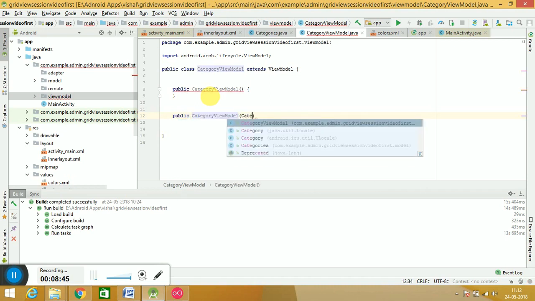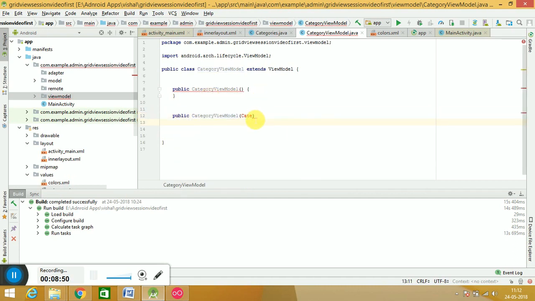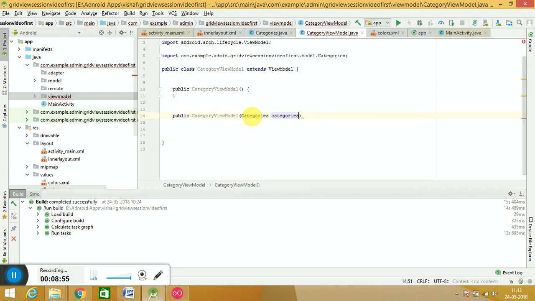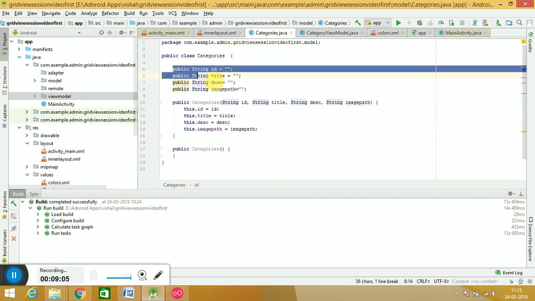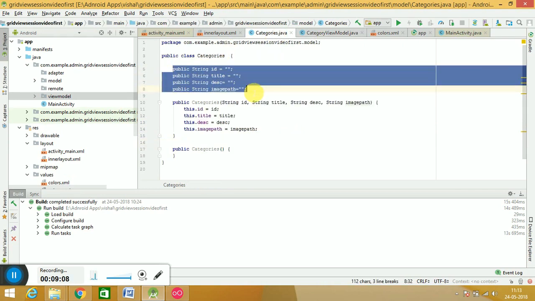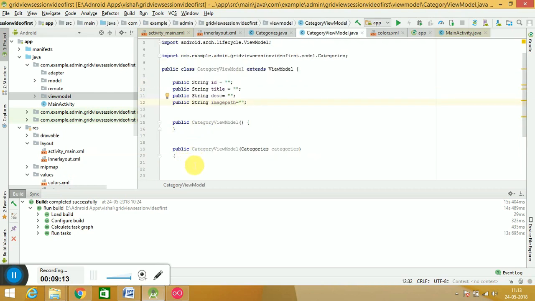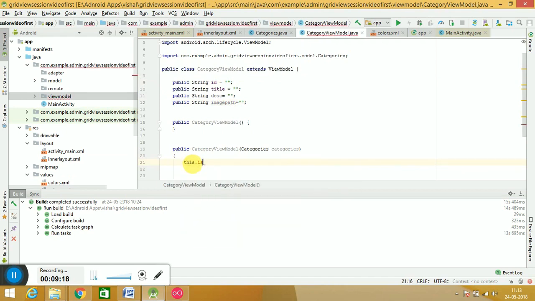Here you have to put categories. What happened here? Categories and categories, and in this we have to pass the values. There are different approaches to pass these values. I am showing just a simple approach for you because some are beginners here. Say this dot, we have to pass the reference values. This dot id is your categories dot id,